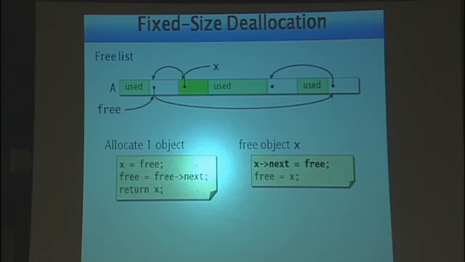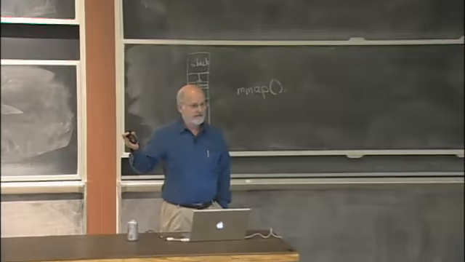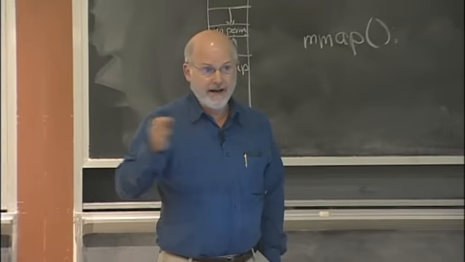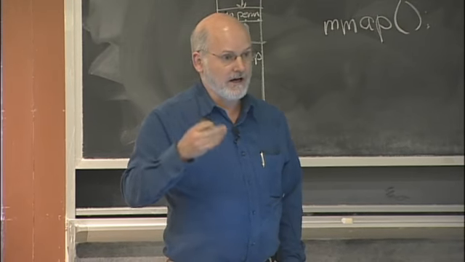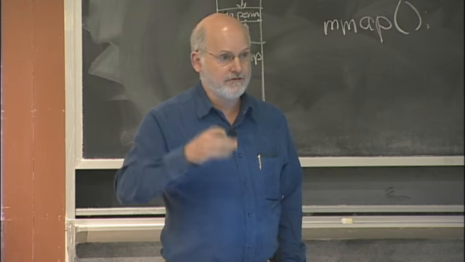And then I say free equals X, meaning move the free pointer up to now point to the new beginning of the list. So we're basically pushing and popping things off the front of the list. It's just the stack discipline, except we're using a linked list rather than an array. Okay? So we push to free, and we pop to